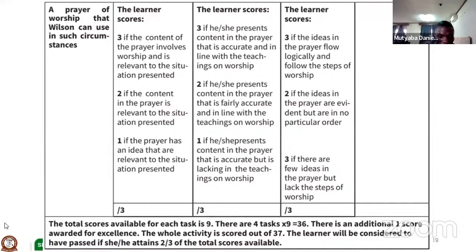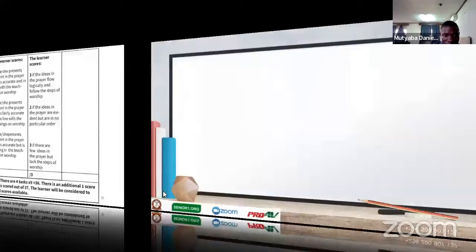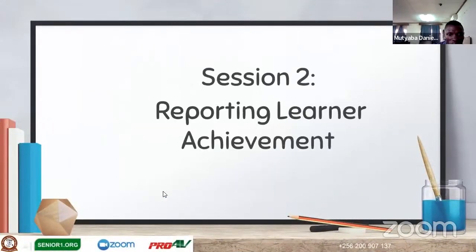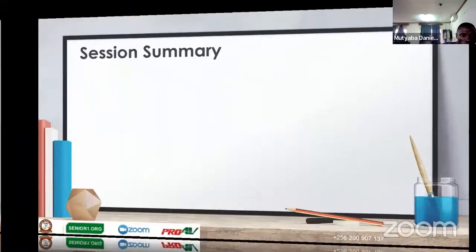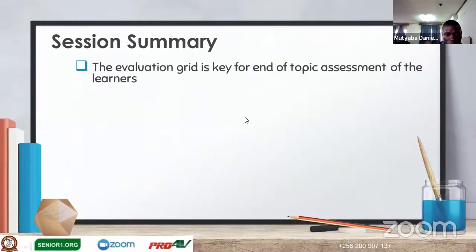It is showing us that that activity was out of 24. It was out of 37. If you add 37, okay. So now I want to begin from that very note, and we explain, we learn, we share more experience about the reporting. How do we report? Very fast. The summary, and we are saying that